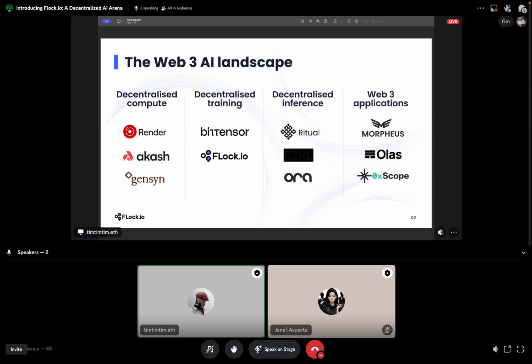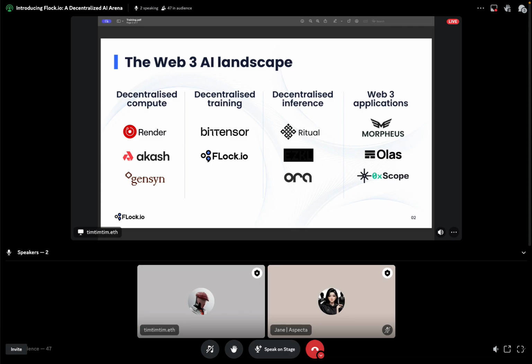When we talk about the Web3 and AI landscape, we normally talk about four different categories. Decentralized computation, where you have Render Network, Akash Network, or Jensen representing these.